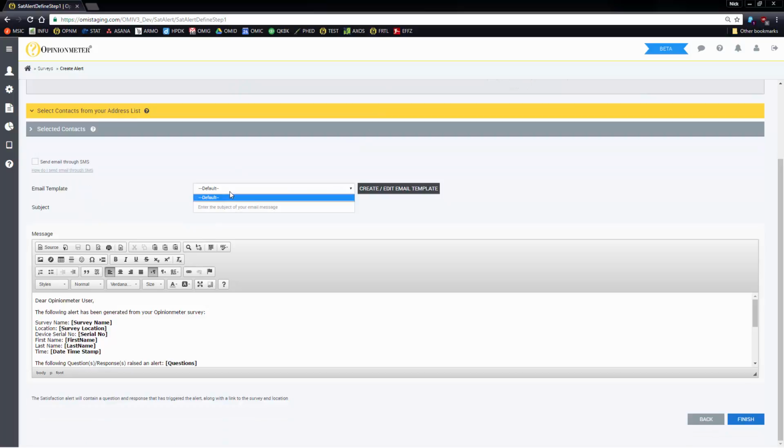You can use email templates. To create a template, simply select the Create Edit Email Template button. Next, you'll enter the subject line of your alert. And you can also use our What You See is What You Get editor to build out the body of